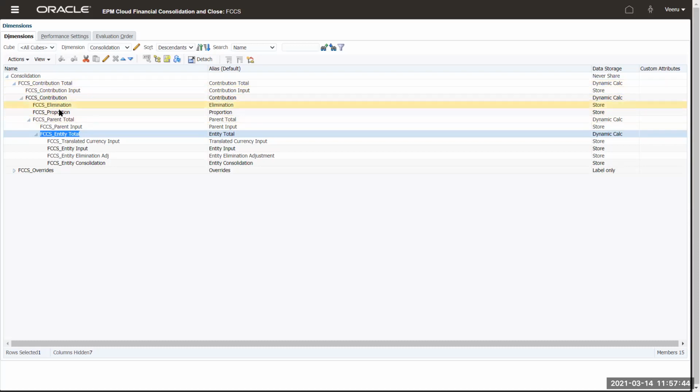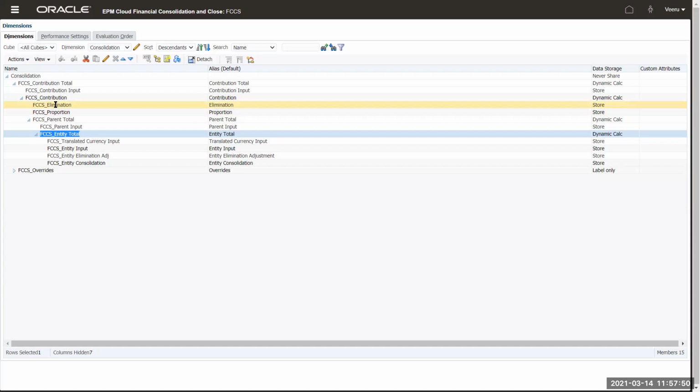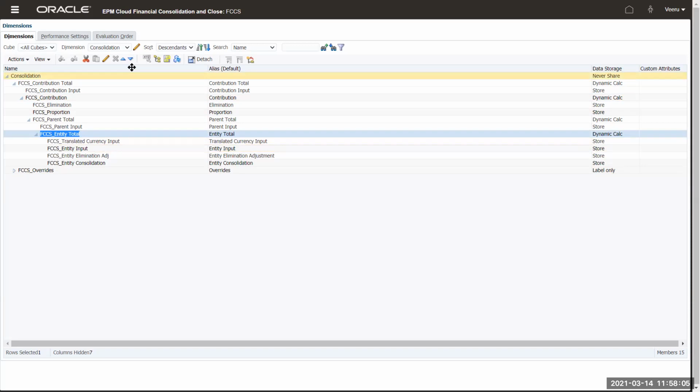And the remaining members are all used for contributing, eliminating, or proportioning. At that entity level, if you want to see how much is eliminated, use your elimination member. How much is actually contributed, use your contribution total. But at entity level, use entity total to tell what is the balance for that entity.